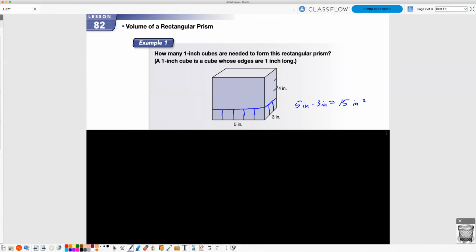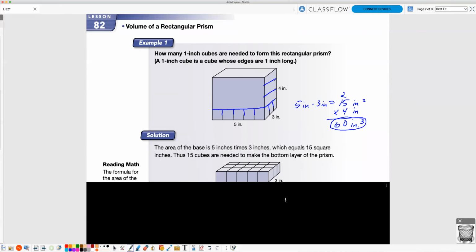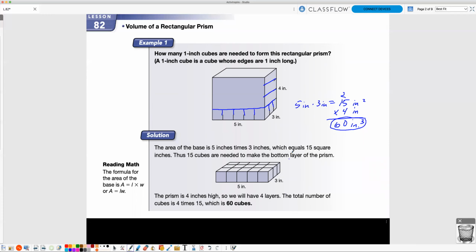Now we also need to include that there are 4 of those. So you see that there's 1, 2, 3, 4 layers of those. So we're going to multiply that times 4 inches. And when we do that, we end up with 60. 60 inches cubed would be the answer. So you'd end up with that as your final answer for the cubic amount, or the volume of that particular